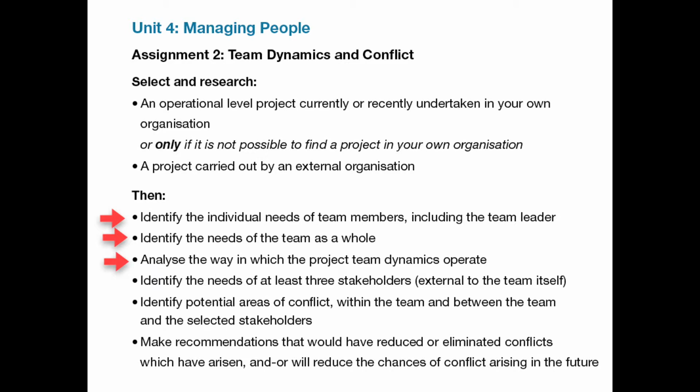You will need to analyse the condition of the team and consider this against established models such as the team life cycle model. External stakeholders can, depending on the project, include the client, the team members, regular line manager if they are seconded, resource providers, funding providers, the local community and so on.